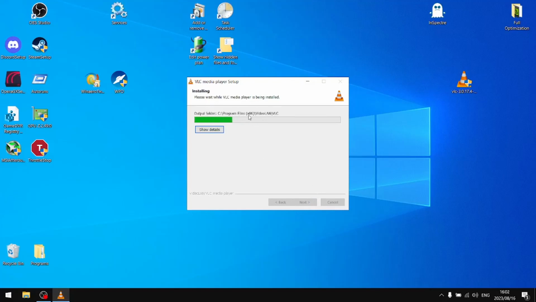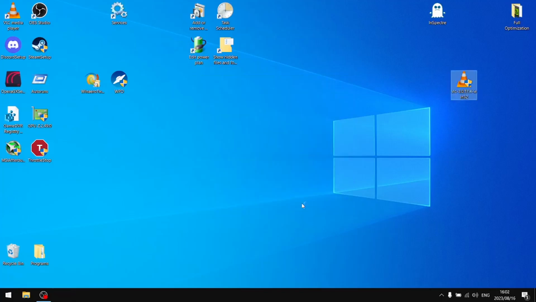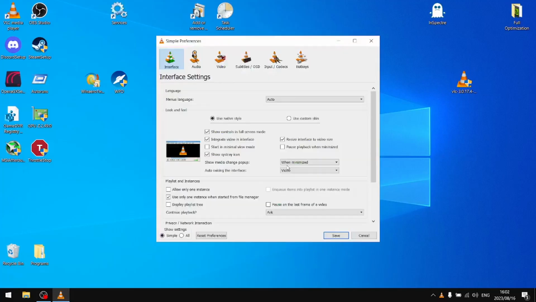The reason I put VLC in here is because it's quite a nice program to run your music or even your movies. But also, because there's been a driver latency issue in the last couple of Nvidia drivers, I want to show you in particular a setting that I highly recommend you switch off. So finish that, and then just unselect these, continue, and then go to Tools, go to Preferences,